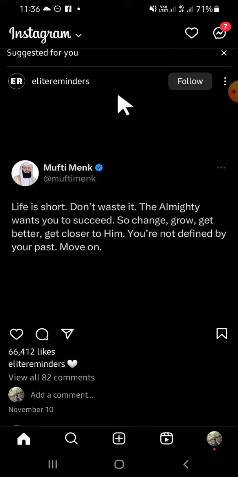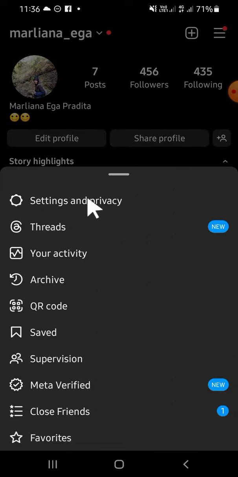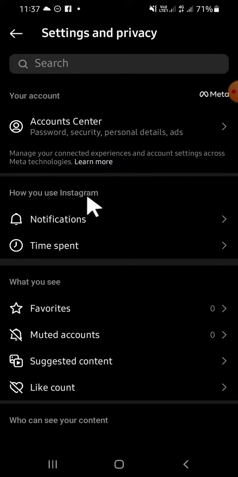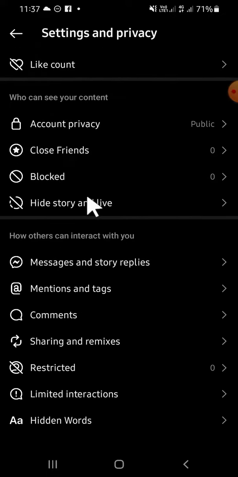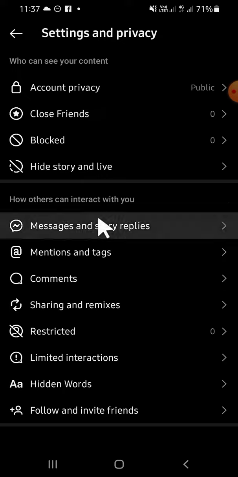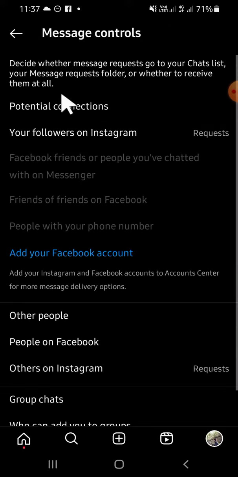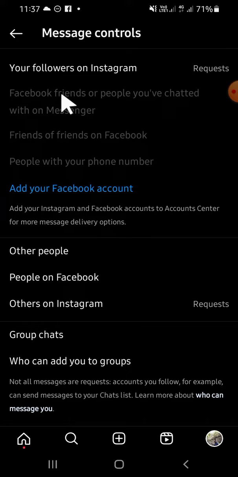Here I have opened my Instagram application on my phone, and the first thing we have to do, we can click on this profile button, and then we can click on this button on the top right corner of our screen. Then we just need to click on settings and privacy. Then we're going to look for messages and story reply setting, and this is the settings, so just tap on it, then click on message controls, and you can scroll down to find the group chat setting, and this is